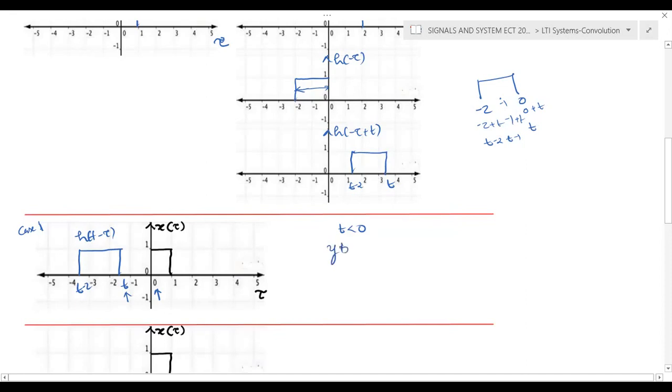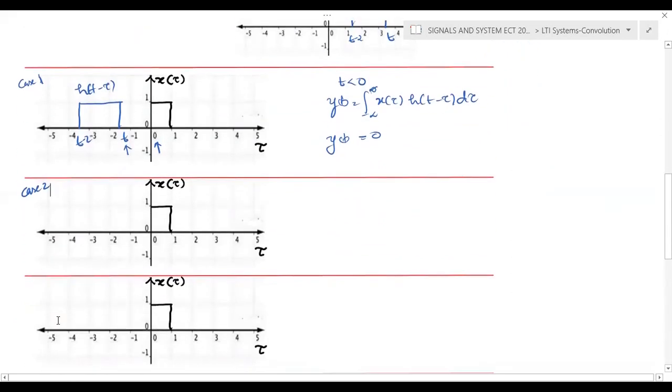And the integral equation is y of t is the integral from minus infinity to infinity of x of tau into h of t minus tau d tau. In this particular equation, if you observe the waveforms, the two waveforms are drawn in the same graph, and by observing this graph, it's clear that x of tau has non-zero magnitude only from 0 to 1, and this h of t minus tau lies towards the left side, so there is no common area. So if you multiply x of tau and h of t minus tau, you will get 0. So in the first case, the output y of t is equal to 0. Now we'll consider the second case.